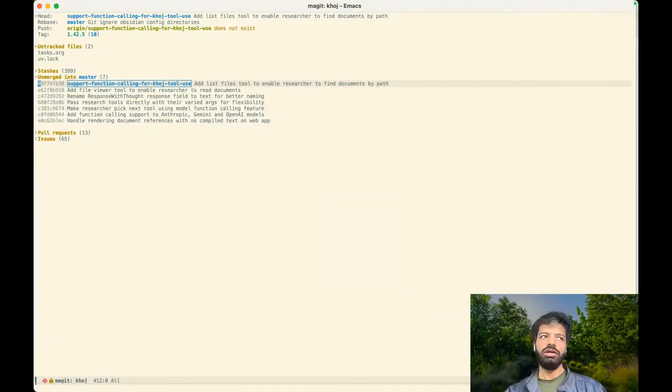So if you synced a folder called your Obsidian notes and another folder called your Emacs notes, Khoj can use this tool to be like, show me all files under the Obsidian directory or the Emacs directory. And it can switch between the list files view to get a map of all the files that are available in a subpath or the whole user's personal knowledge base, and then use the view file tool to view specific files or subsets of files, and use the search tool, like the natural language search tool, to look up specific snippets.